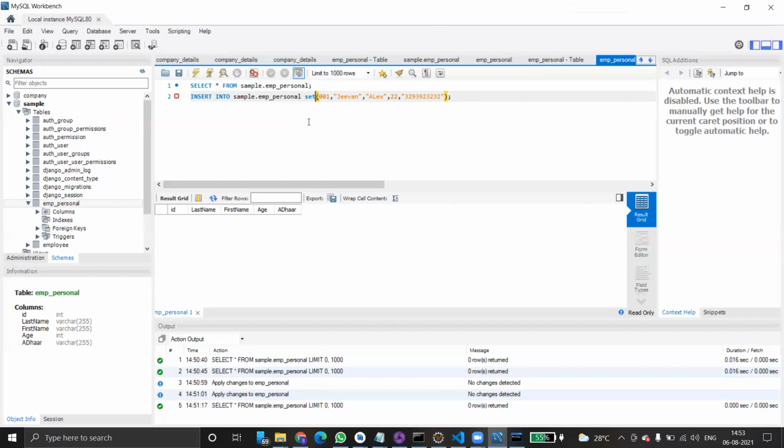Insert into table name. And then column names you have to give. Column names: ID, comma, last name, comma, first name, comma, age, comma, Aadhaar, okay, Aadhaar, and then values. Okay, copy, enter, just